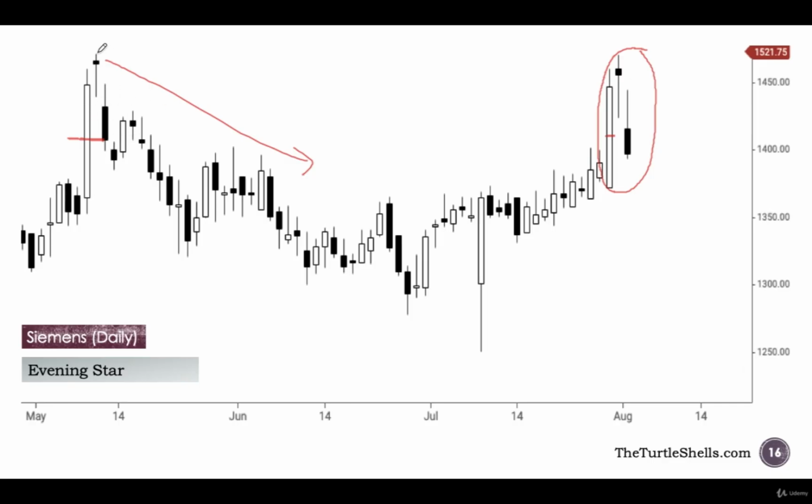What I'm really interested in is this point. This is where the trend started. So if I draw a resistance line here, look at the precision of the candlestick patterns. I have been telling this multiple times: the market has a memory. This occurred